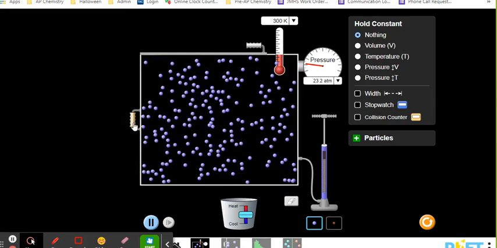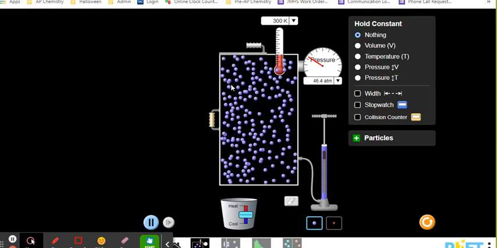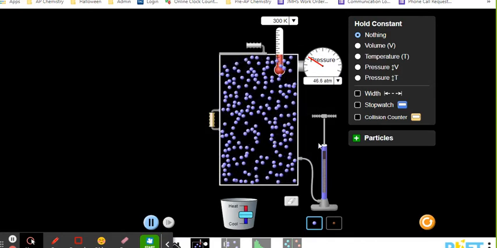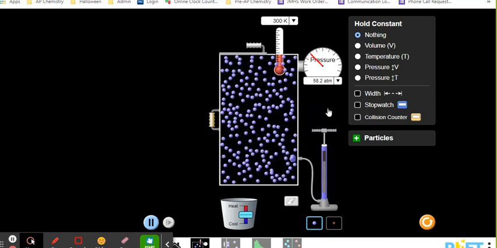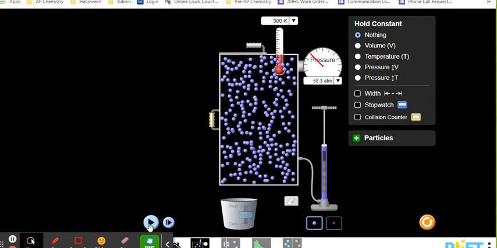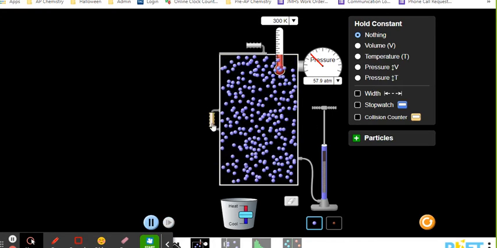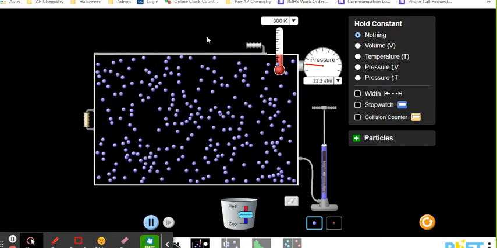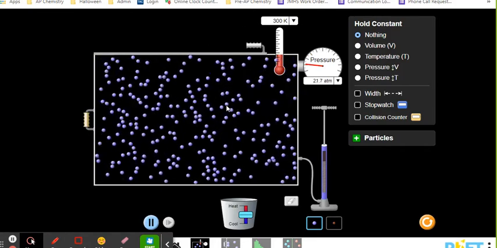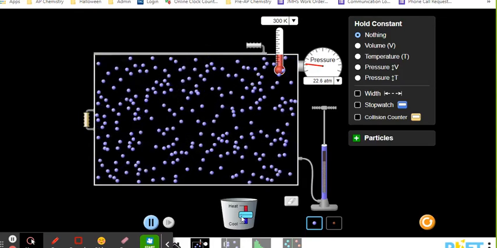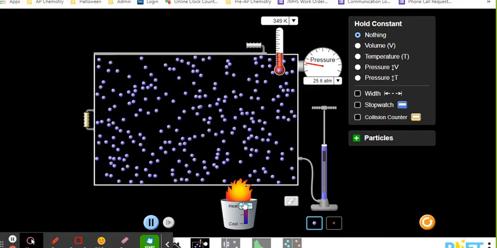So you see that we can now squish them all together. So we made the box smaller, and you can see how that affected things. You can see that these numbers are changing, right? If we were to add more in there, we have more of the little spheres. You can pause it. There's your particulate diagram, okay? You can expand this back out, give it more space. And then we can take this, we can say heat this up, and we can watch